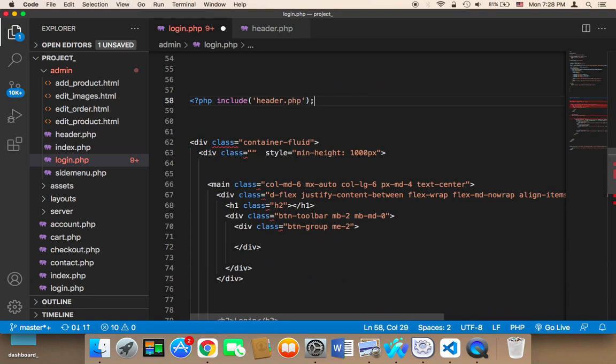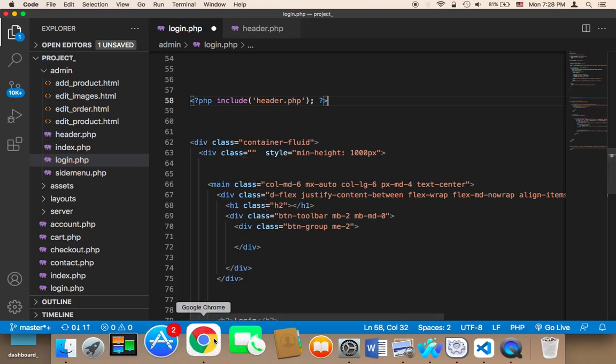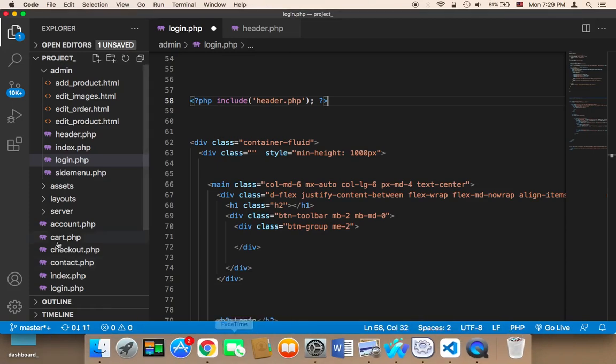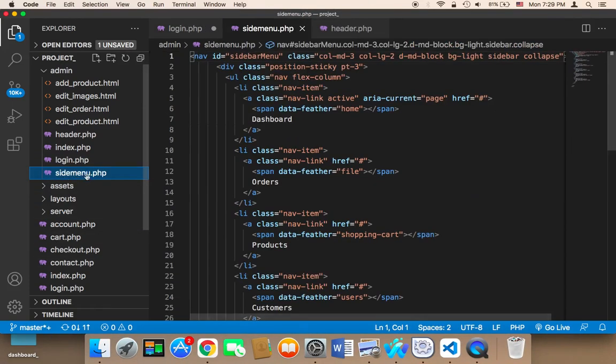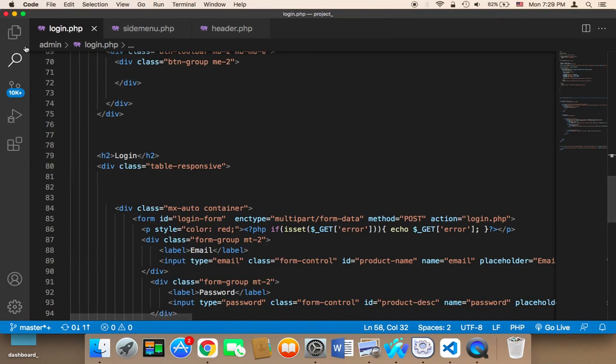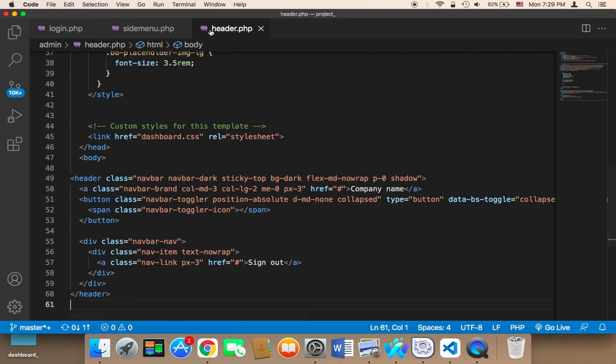And similarly for the side menu, remember we have here a side menu. I'm going to add this side menu in a different page. I have already done that here, this side menu. Now let's work on the header itself. For the header we need to add a logout